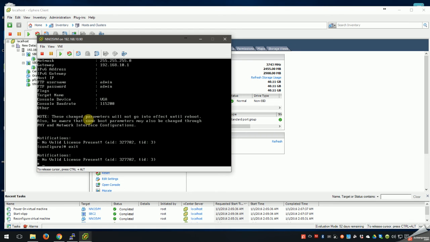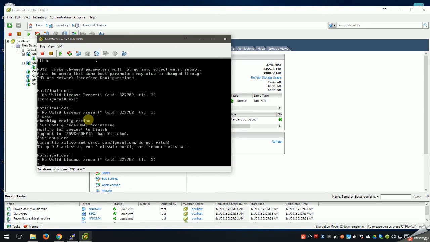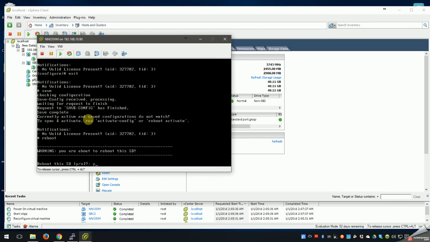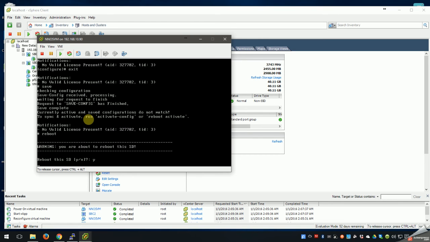And then we're back at the config pound prompt. We can do a save. It's already saved. So let's go ahead and reboot. Yes. And we should